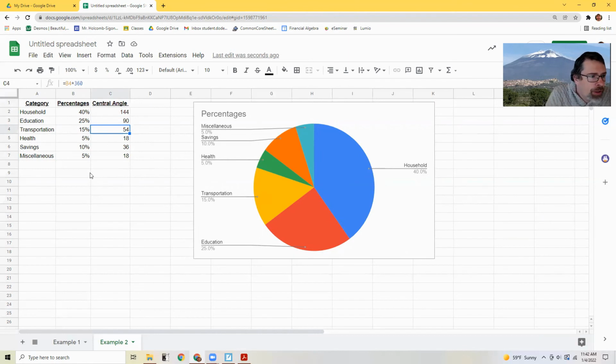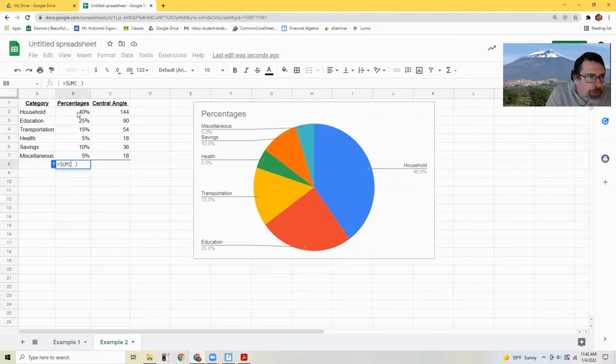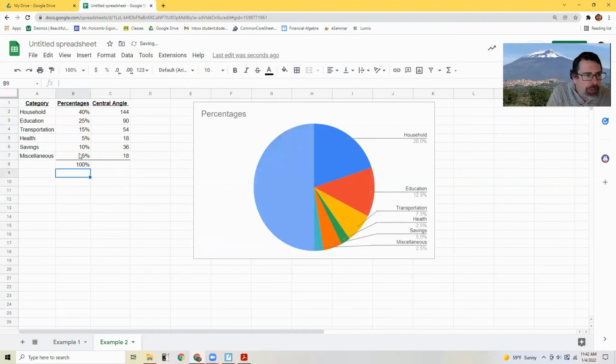Now, one other thing I wanted to do, I'm going to highlight these bottom two here. I'm going to go up and put a border just at the top so it looks like an equal sign. It breaks it. And I'm going to now take the sum of each column. So I'm going to take this and drag it down. So I'm taking the sum of B2 through B7, and that is 100%. And then I can click on that 100%, drag it over, and sure enough, 100% of the circle is